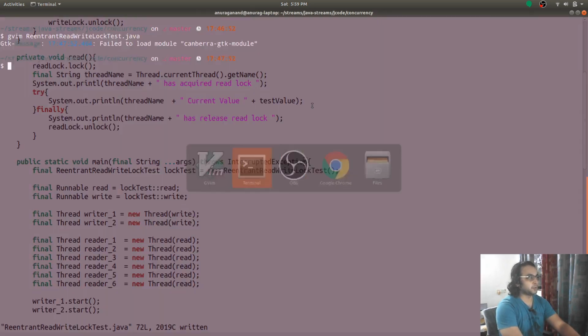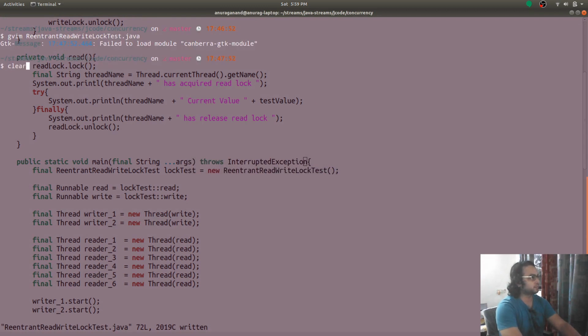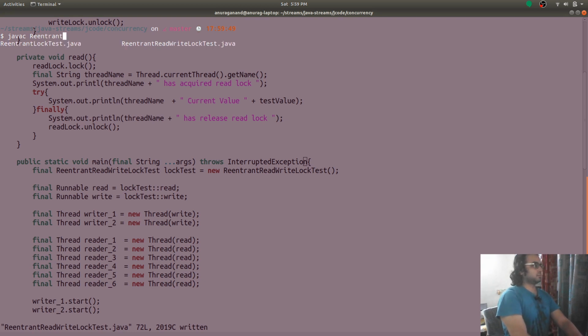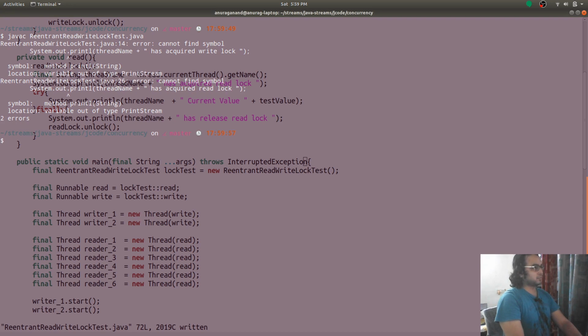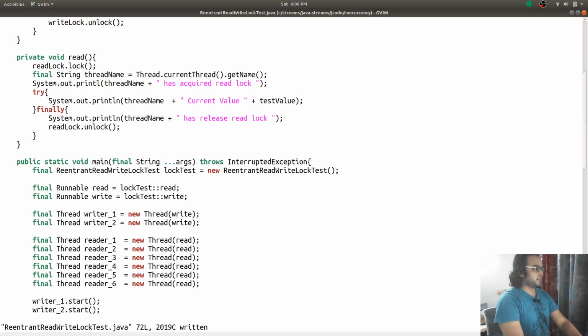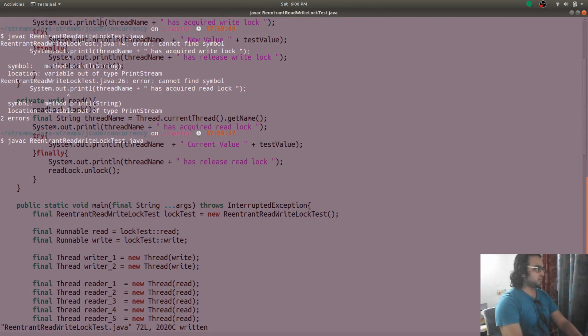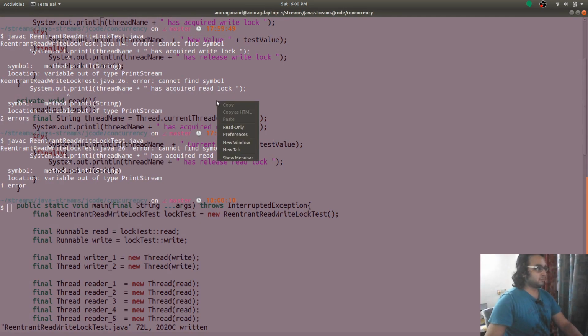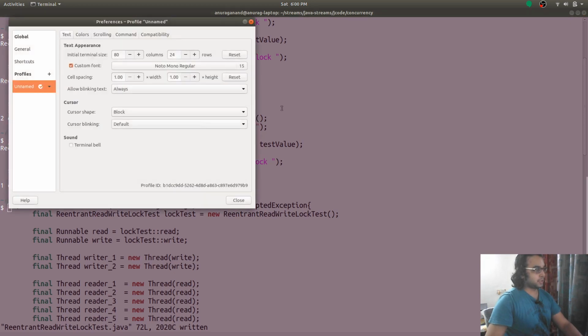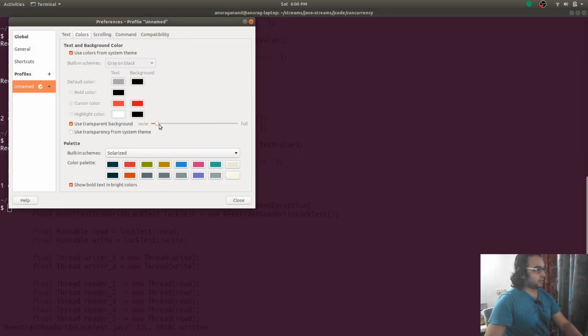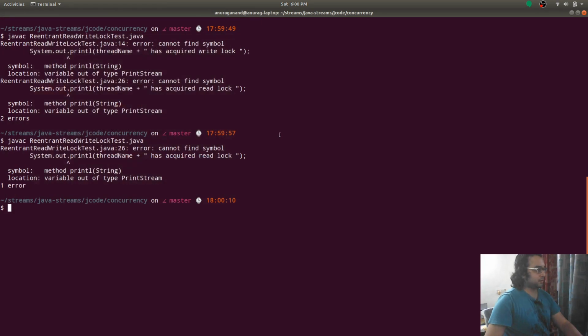Let us compile this code. Cannot find symbol. Let me fix it.